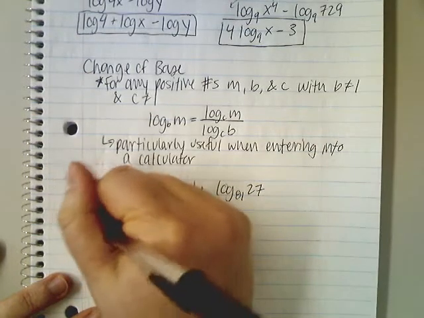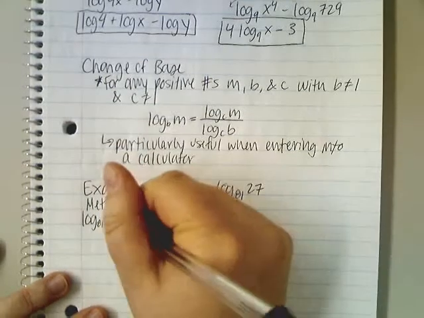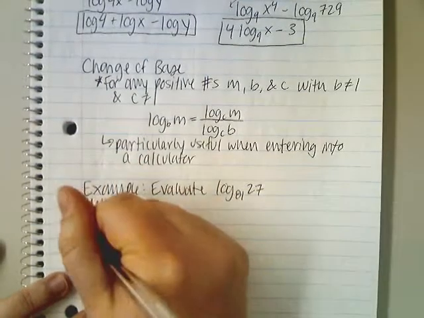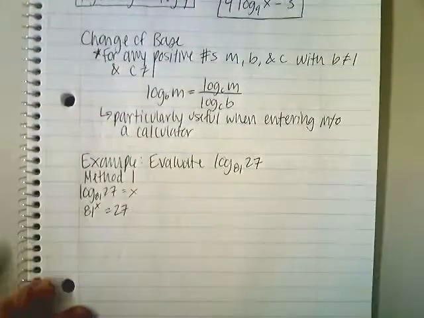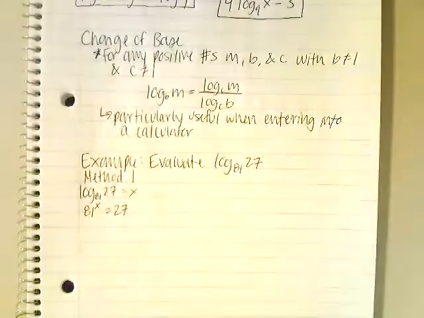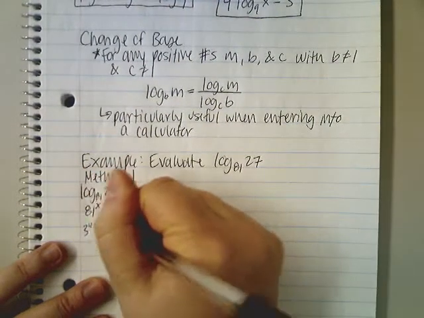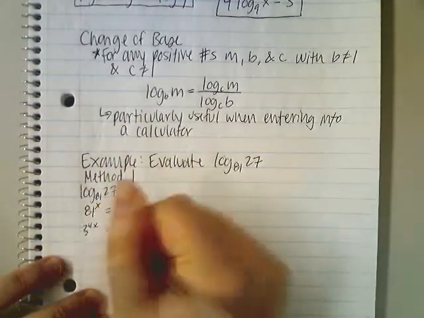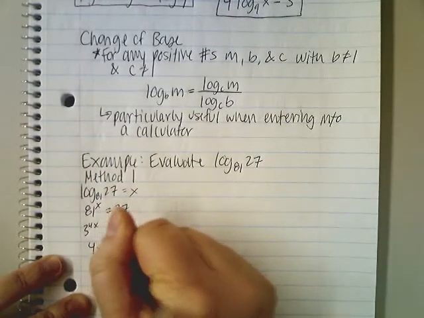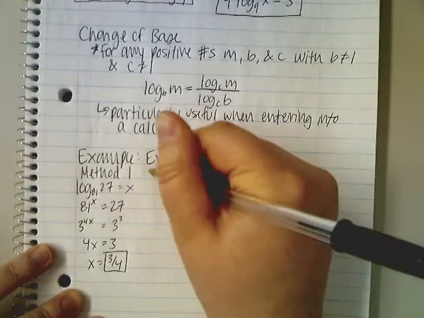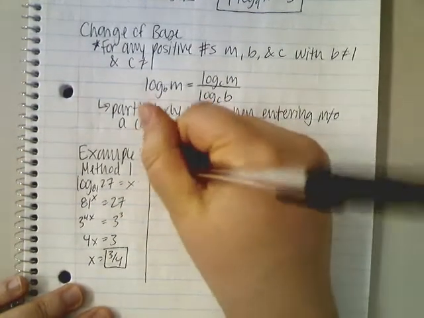So if I wanted to evaluate log base 81 of 27, I would say, okay, well that equals x. I can rewrite this as an exponential. So I have 81 to the x equals 27. I can rewrite these with the same base. So I'm going to rewrite this as 3 to the 4x equals 3 to the 3. Then I can set the exponents equal and say 4x equals 3, so x equals 3/4. So 3/4 would be my answer for that particular one. Method 2,